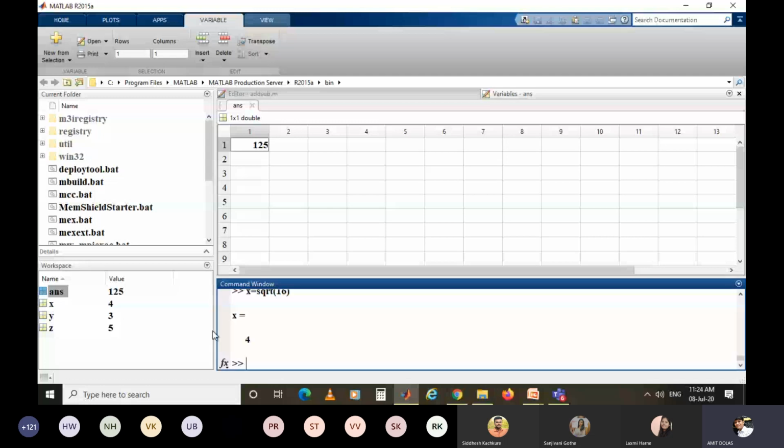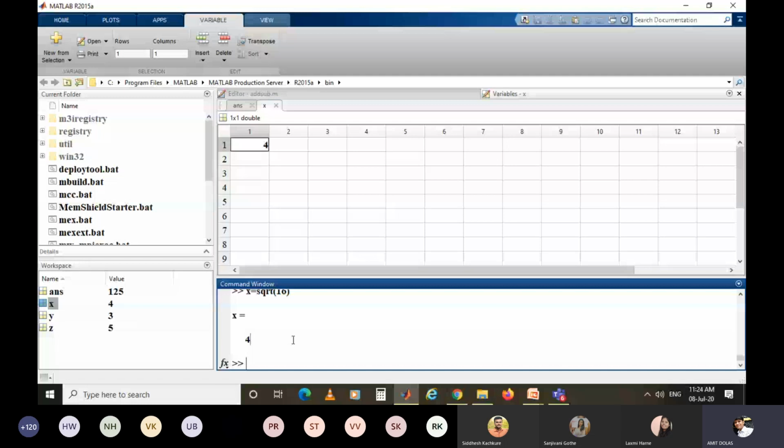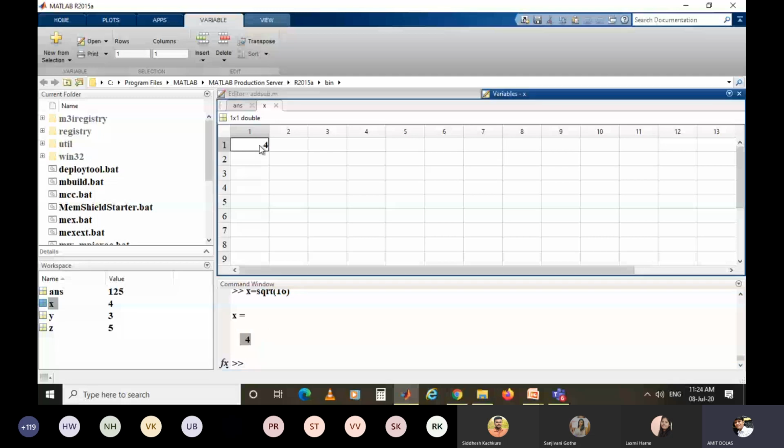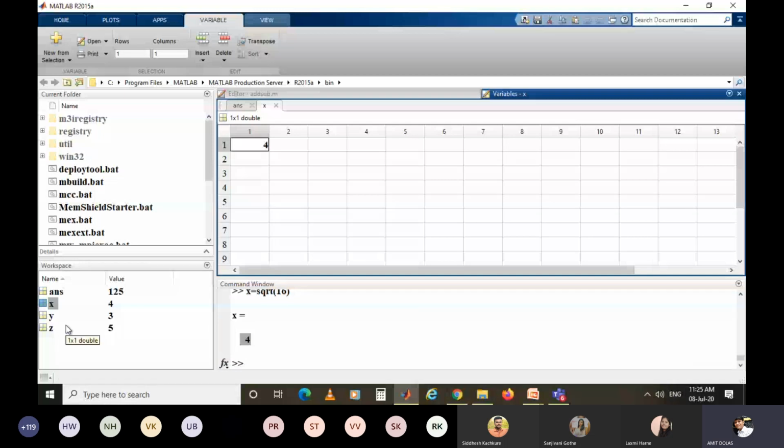You can see here that the previous x is updated, because I'm repeating the variable x here. Initially x was 2, but now I have used it again, and it is updated by the square root of 16, which is nothing but 4. So you will see 4 in the variable x. If you don't want such an operation, you may initialize another variable like A, B, C, D, whatever.